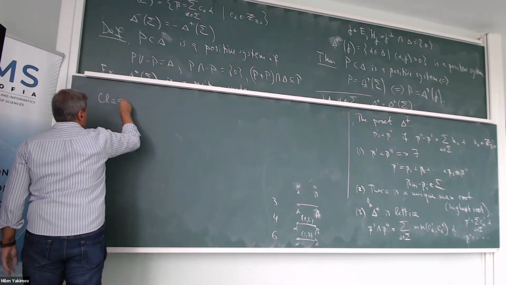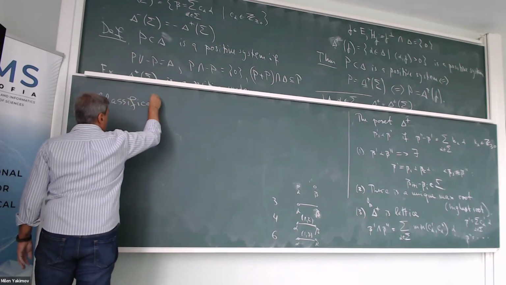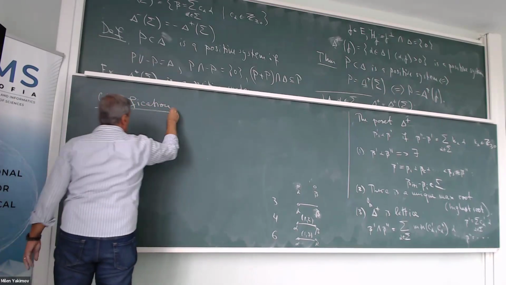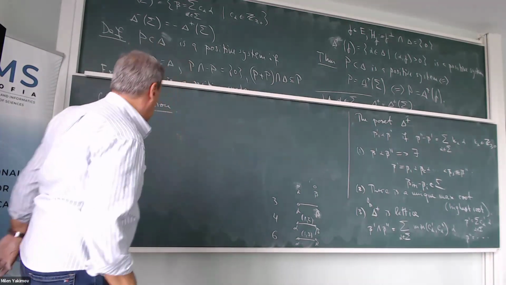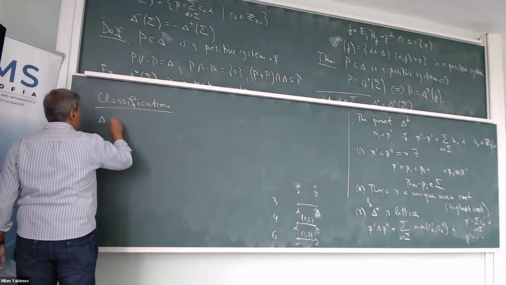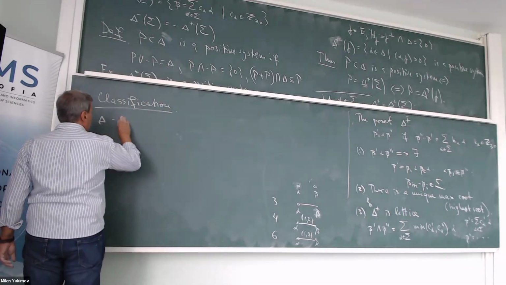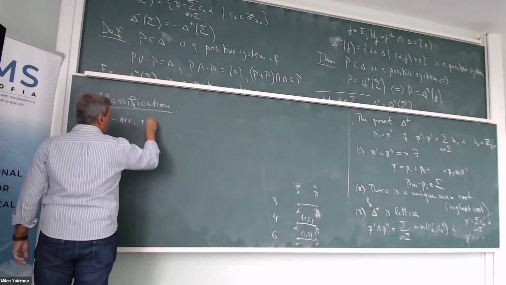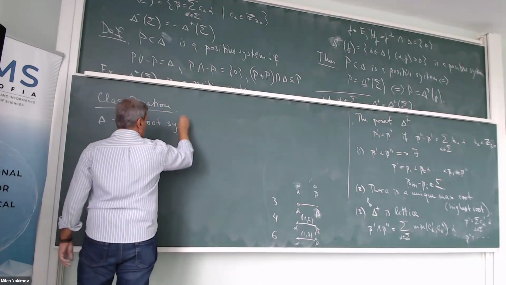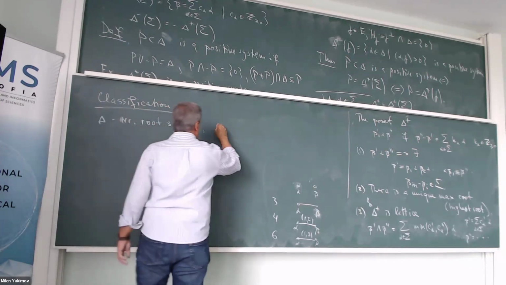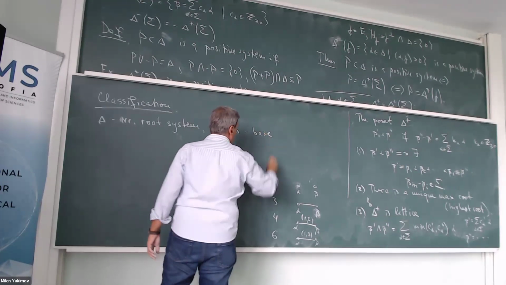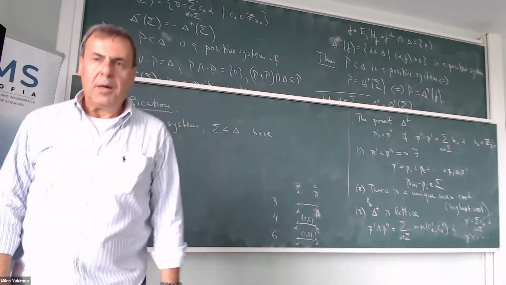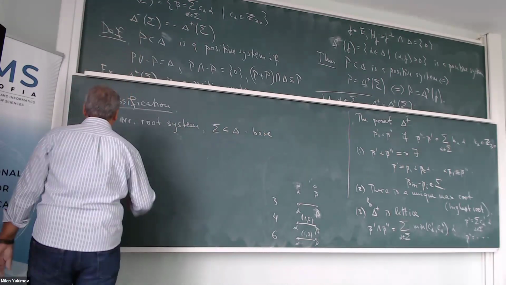Classification. So let Delta be a root system, irreducible, and let Sigma be a base. Then the